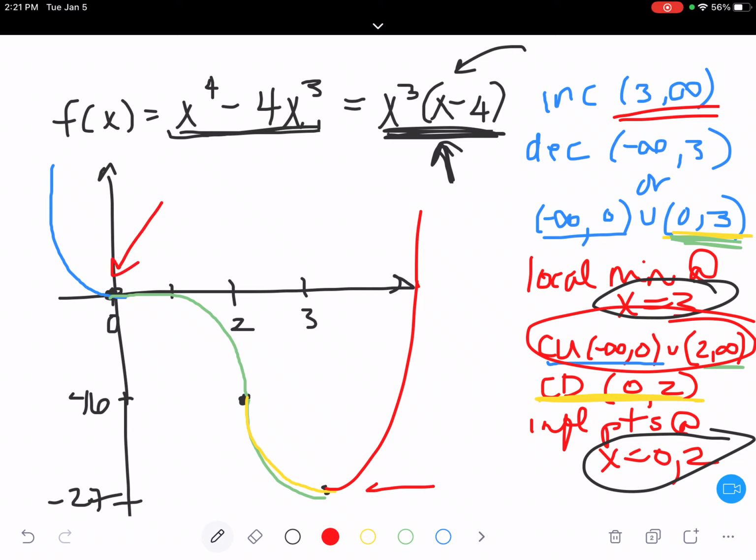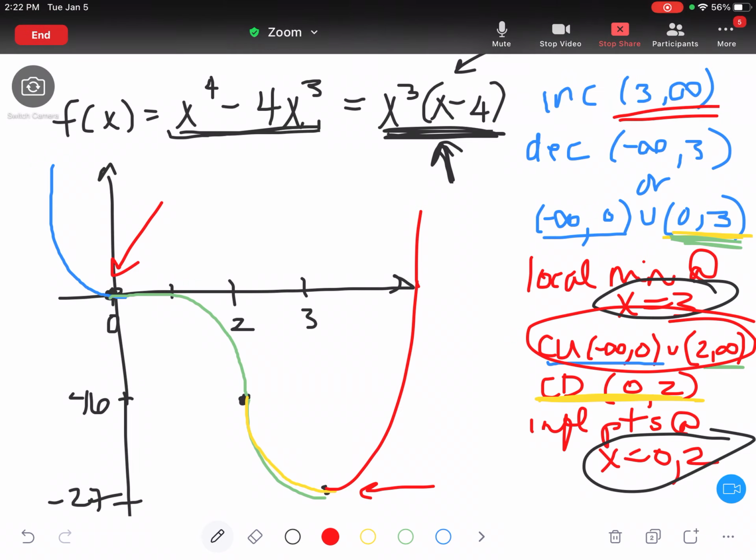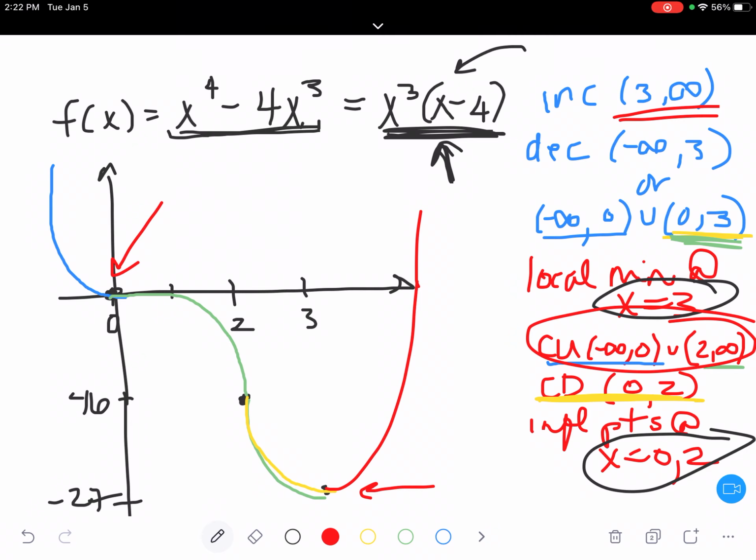I get my low without having to plug in a million values. I get a very nicely shaped graph with very little effort. Okay, and that's the beauty of the calculus here, which is far superior to if you just found the zeros of this function and then hoped for the best with figuring out what the rest of it looked like. Right, the zeros of this function are 0 and 4, but it doesn't tell you anything about what the graph